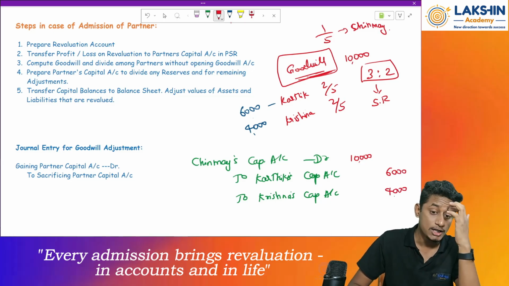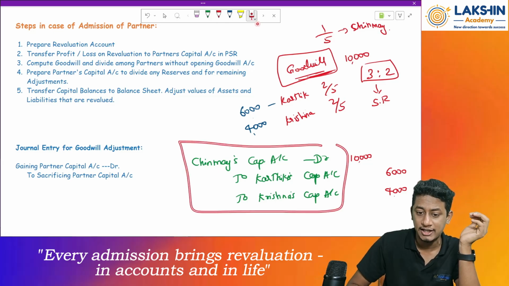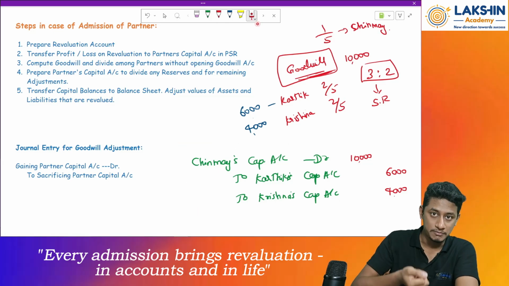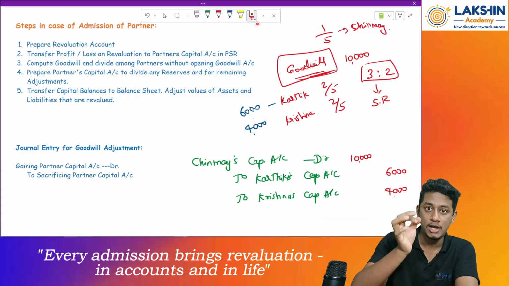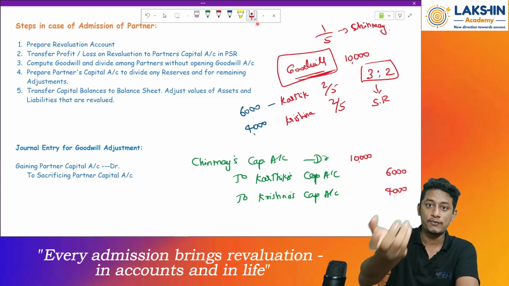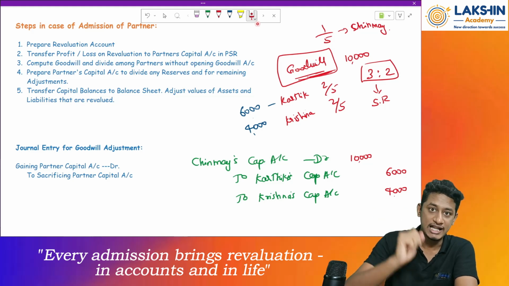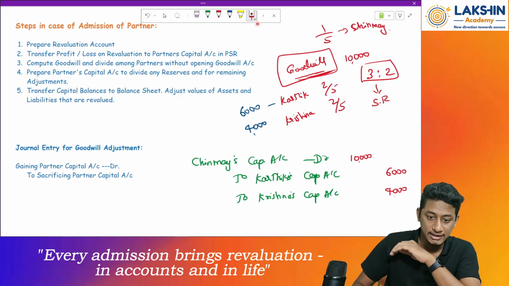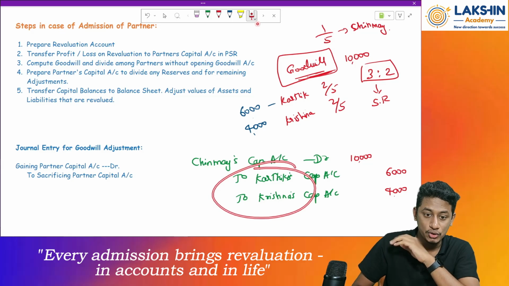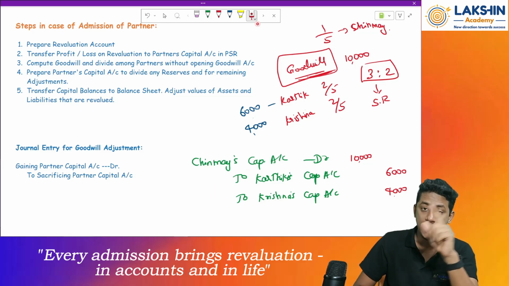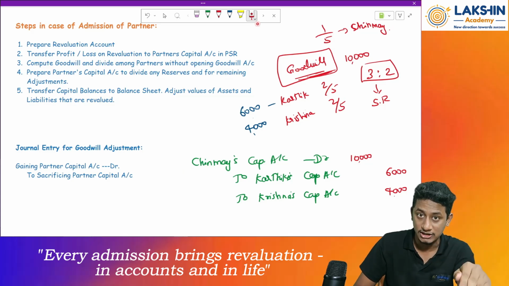Yes? Okay. Now, sir, what is the logic behind passing this entry? I will tell you the logic. See, whenever goodwill is brought in by Chinmay, Chinmay gives it off to whom? To the old partners, because they are sacrificing something. Both Karthik and Krishna are sacrificing something, right? So he is giving some amount to these both people. And we know that whenever partners' capital reduces, see,